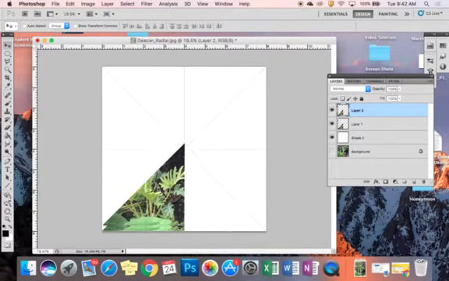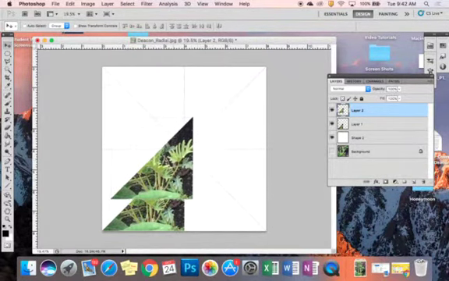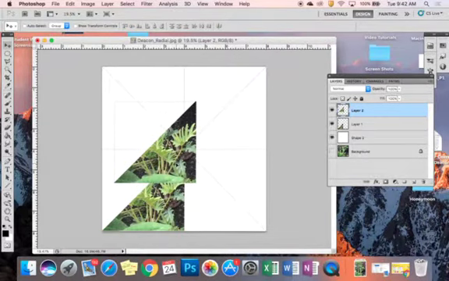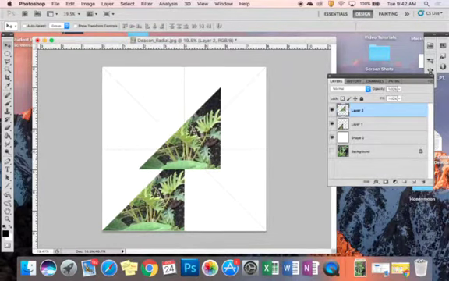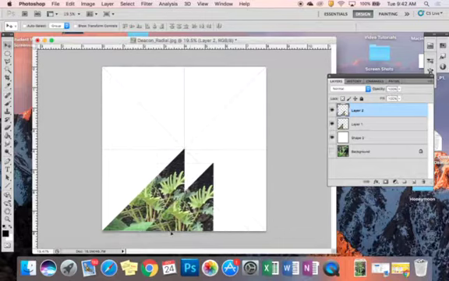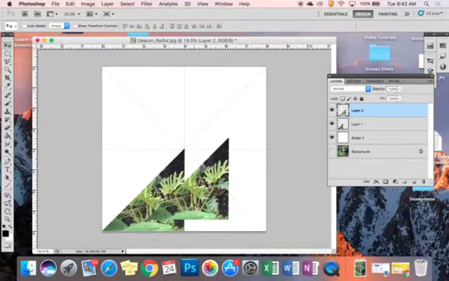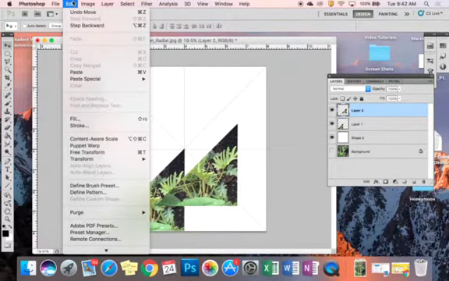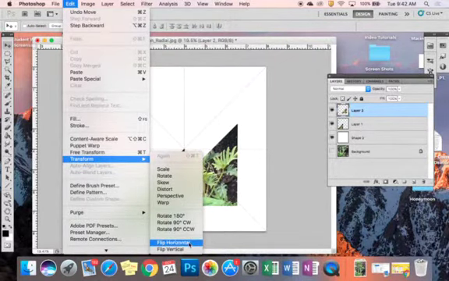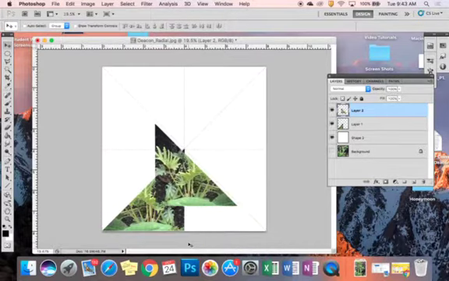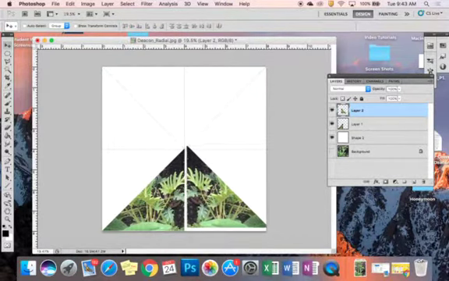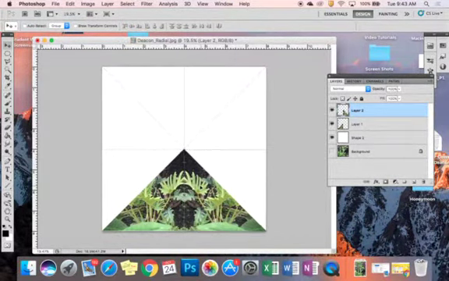So I have another layer here. It looks like nothing happened, but when I go to move that, now you have an exact copy. Some of these layers can be rotated. Others need to be flipped to make sure that you have a mirror image. So in this case, let's say I'm going to fill in this triangle where I am right there. You can do something called flipping, and that's under the Edit menu. You go to Edit, Transform, and then Flip. We want to flip it horizontally so it goes to the opposite side. So if it flips horizontally, now we have it here, and it would kind of just snap in